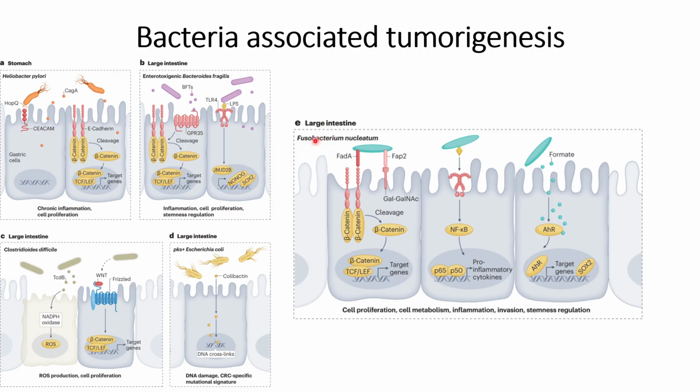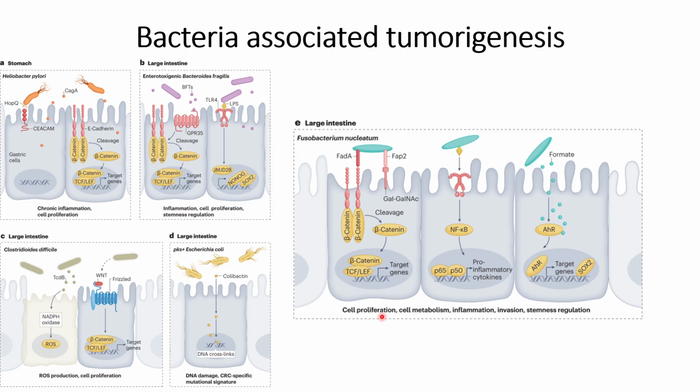Most of the bacteria mentioned here are about the large intestine, except the panel A bacteria, which is about Helicobacter pylori for the stomach. So in the large intestine, there is Fusobacterium nucleatum. It will do the same thing that is done by other bacteria, but it will also interact with the sugar carbohydrate structures, that is GalNAc, and by interacting with these structures it will cause the release of beta catenin,